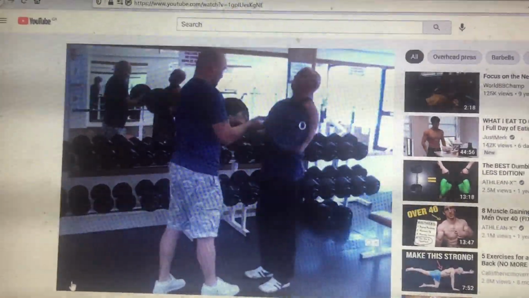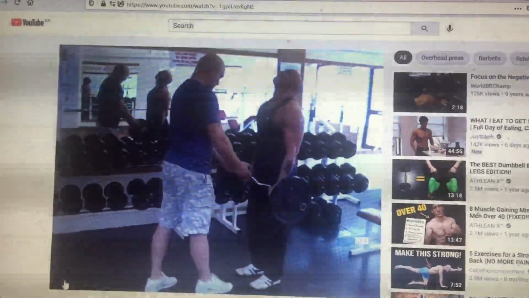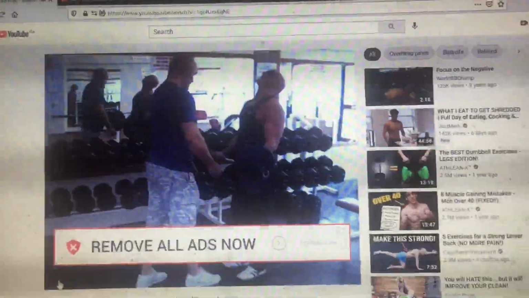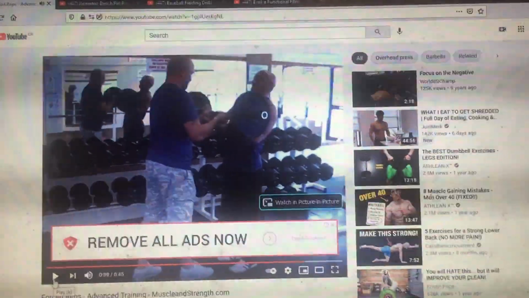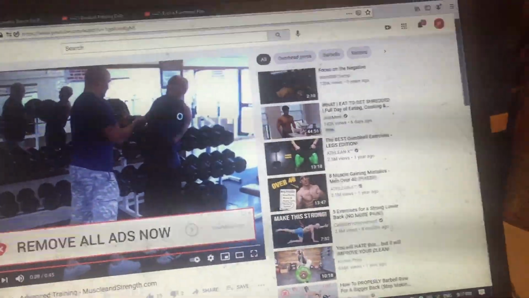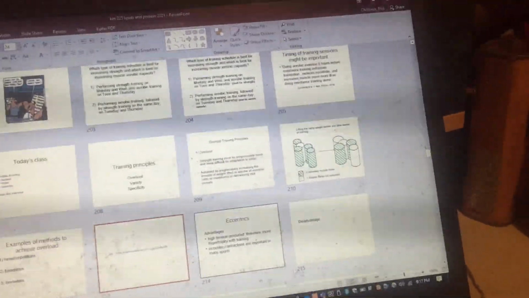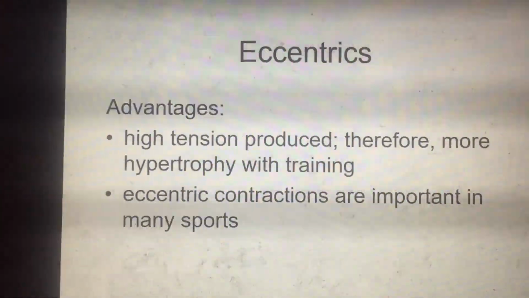And that's what's meant by forced repetitions, getting a partner to assist with 2 or 3 additional repetitions so you get an extra load on your muscles. So that's what's meant by forced repetitions.